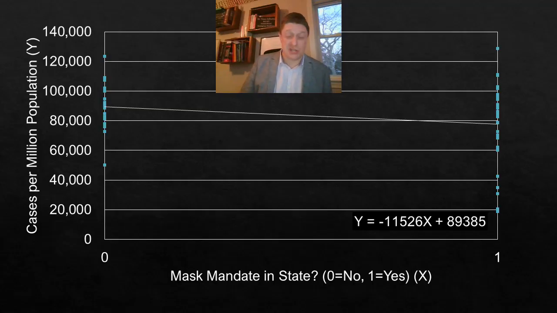94%, 94.4% of the variation is still unexplained in how much virus there is in a state. That tells us something wonderful, which is so much better than simply telling stories. It allows us to test stories and say, hang on. Well, first of all, population density doesn't seem to be it. And second, the mask mandate, well, that's helping some, but it's not going to solve the problem for us.